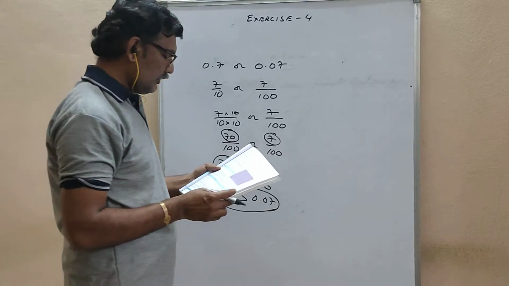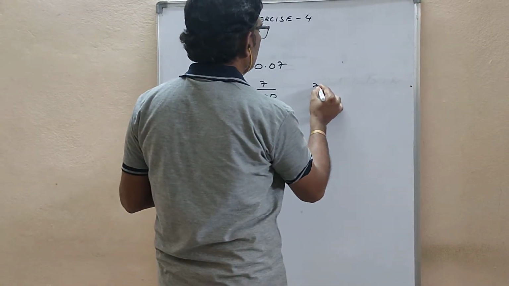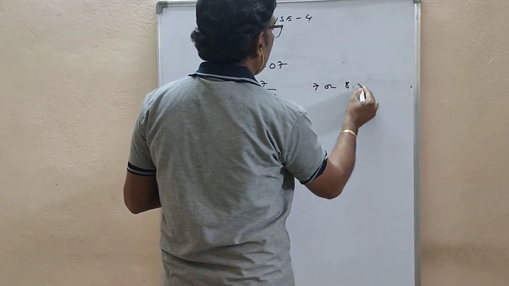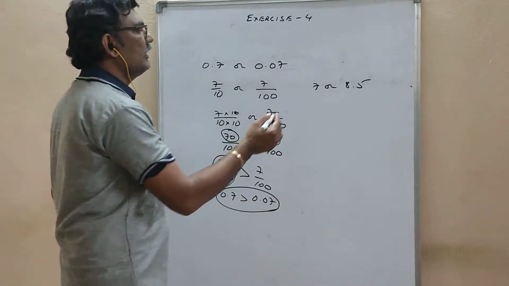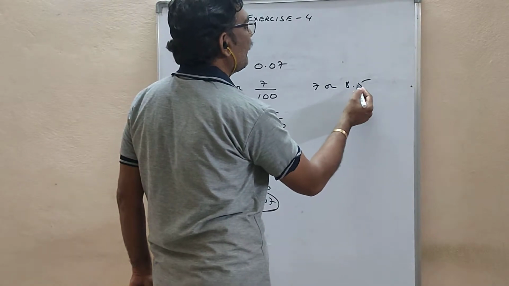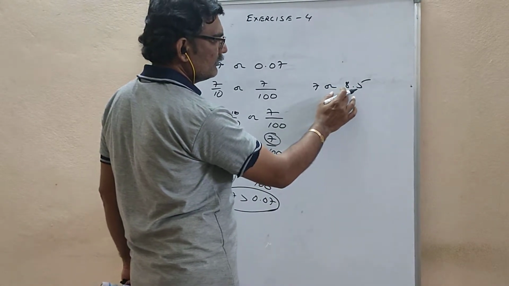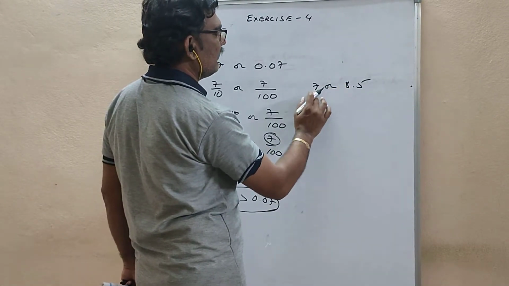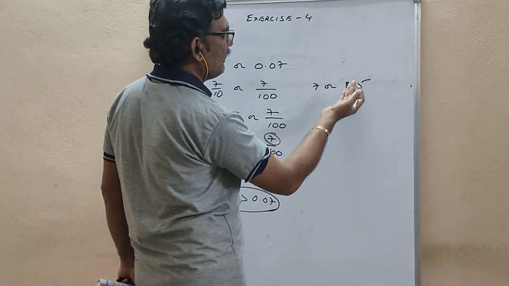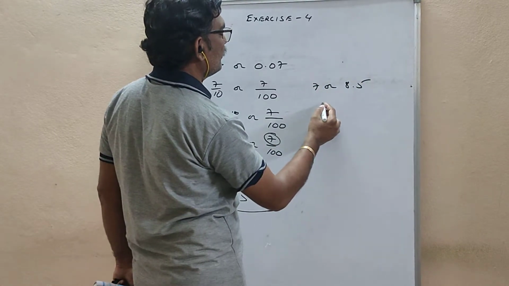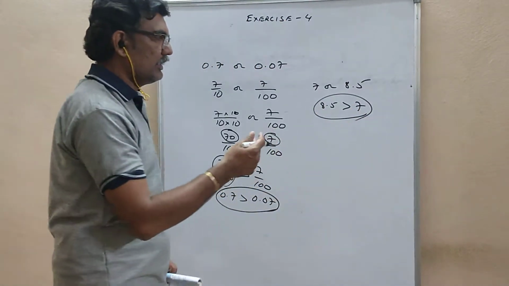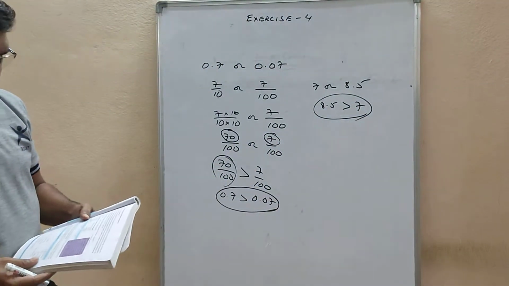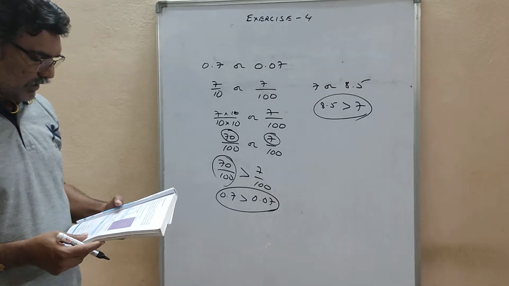So for the place values, if you want to know also, you can write 7 or 8.5. Which is greater? See, it is 7 only. It is 8.5. This is greater than 7 or not? After 7, 8 will come, and after 8, 8.5 will come. So 8.5 is greater than 7. So it is not a problem to do the entire procedure stepwise. Just you have to say which one is greater. That's it.